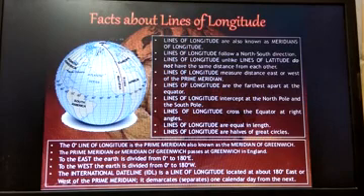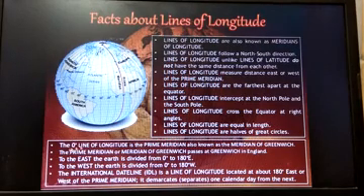Half of the great circle means we have different lines, and if we draw any circle and halve it, which line halves it? When we draw from the north to south direction, then only this circle will be halved. So a line of longitude drawn only from north to south halves that circle. So the 0 degree great circle is just halved by the prime meridian. The 0 degree line of longitude is the prime meridian, also known as the meridian of Greenwich. Greenwich is located where an island is, and that's why it is known as the meridian of Greenwich. The prime meridian and meridian of Greenwich pass through Greenwich in England.